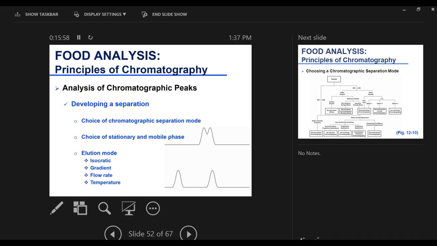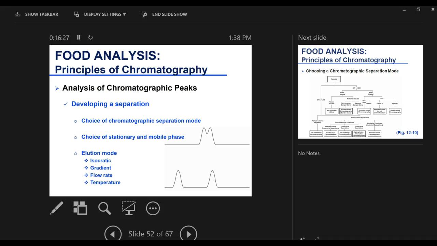Is it to choose a non-polar stationary phase? Before we go there even, we don't know where to start. Read about it. We just read about it. So we see somebody must have looked at it before us. It's very hard to find a project where nobody has done it before. So I'm sure somebody had done it before. So the first thing you do is you go and look at what other people have done.